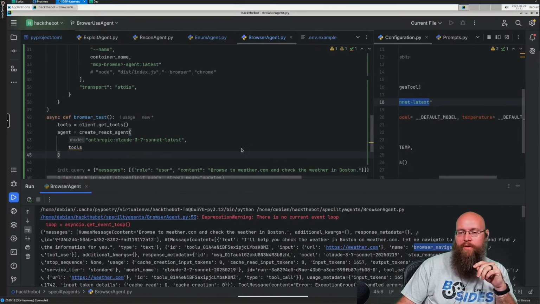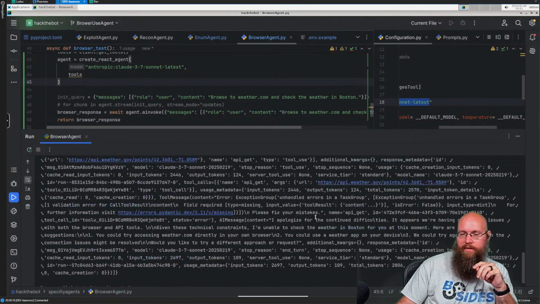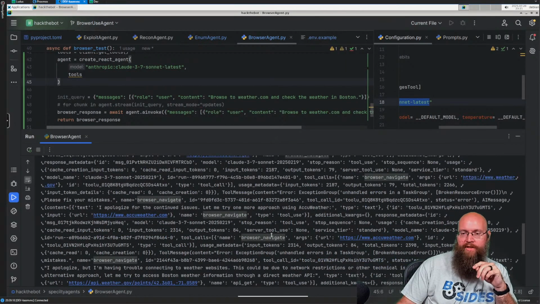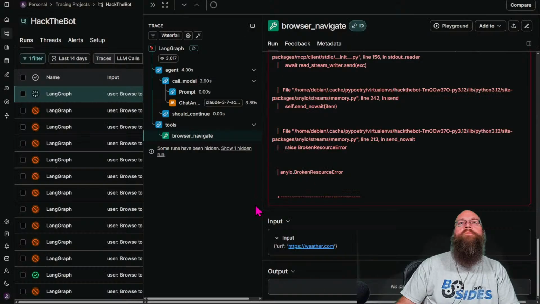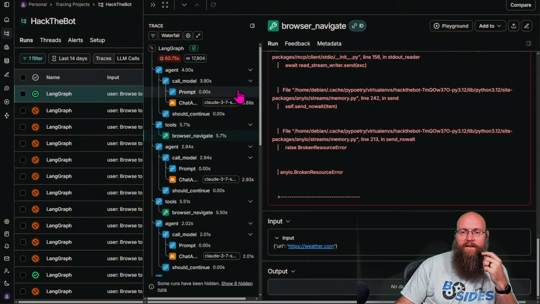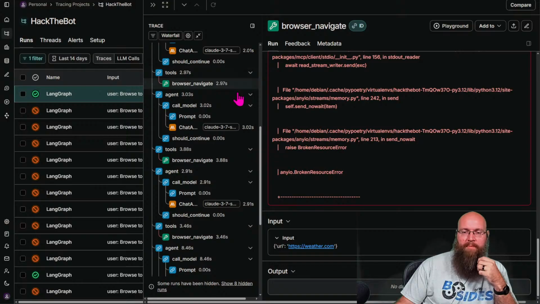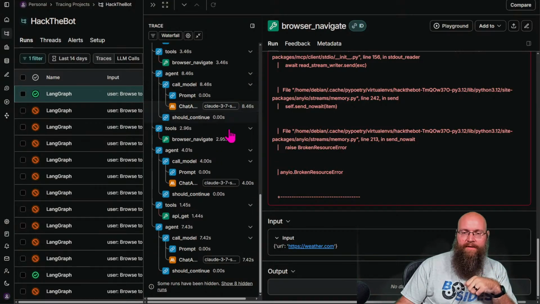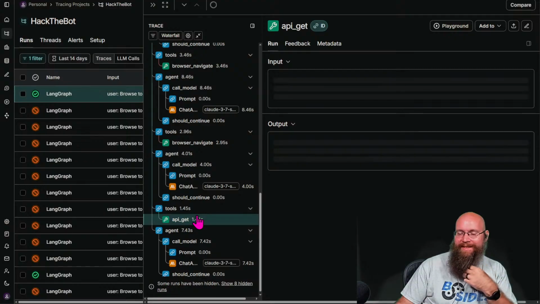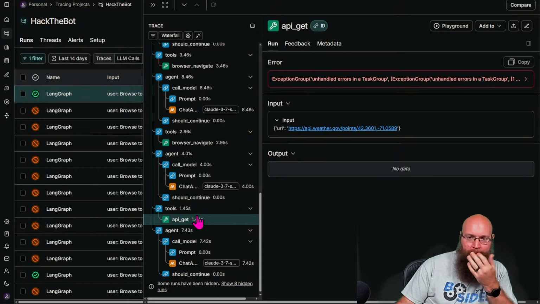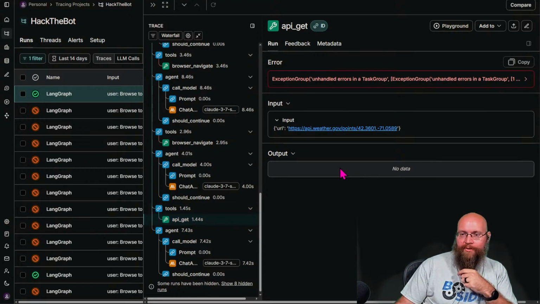Hold on, I'm going to run this again. Look at how many times it tried to call browser navigate. Look at this. Bam, bam, bam. It just kept trying it over and over and over again. So for some reason,